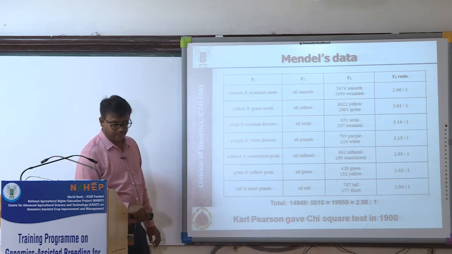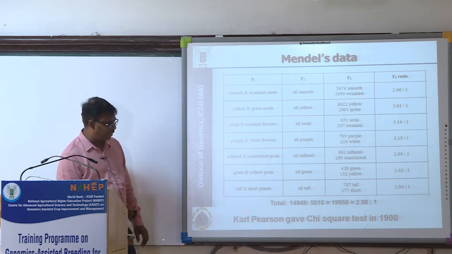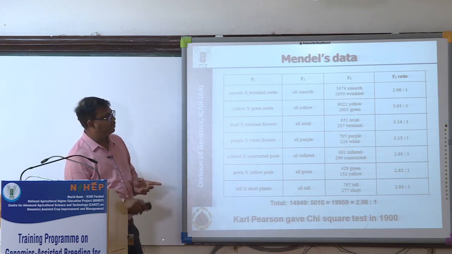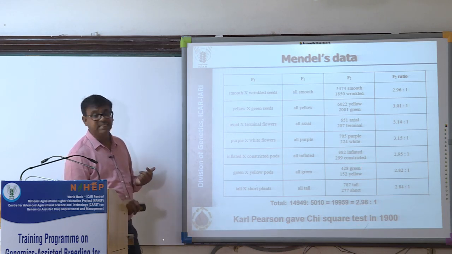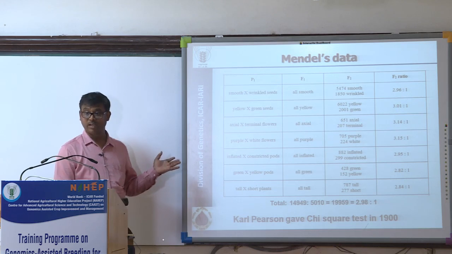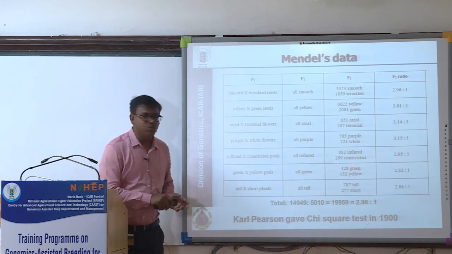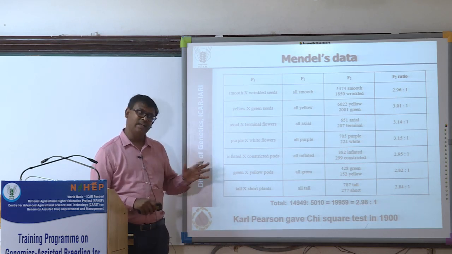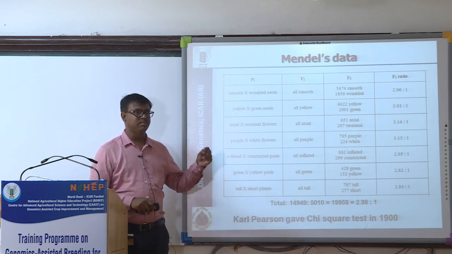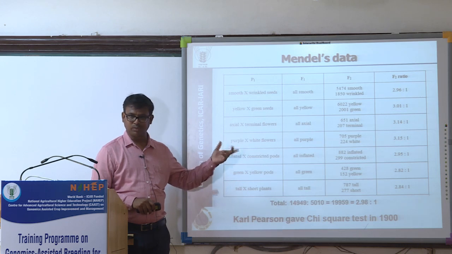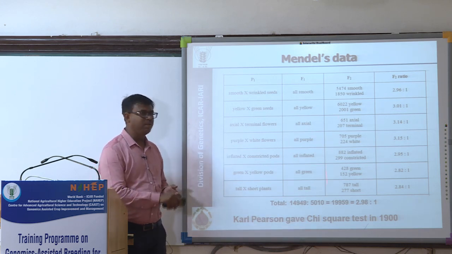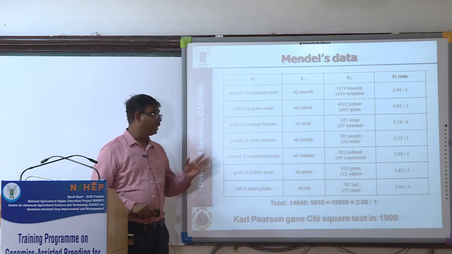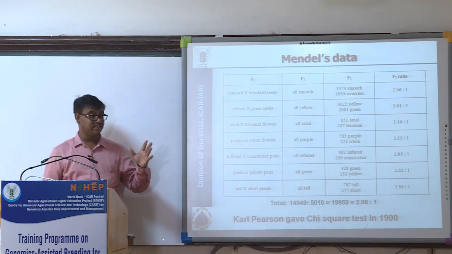So, we do chi-square, and the chi-square test came in 1900 by Carl Pearson. Mendel presented his first paper in 1865, 35 years before Carl Pearson. So, that time he could not test whether all of these are fitting into 3:1, but he took it as 3:1, thinking there must be some small errors which contributed to this much variation, but it is nothing but 3:1. Okay. So, that was also one of the reasons of Mendel's success,